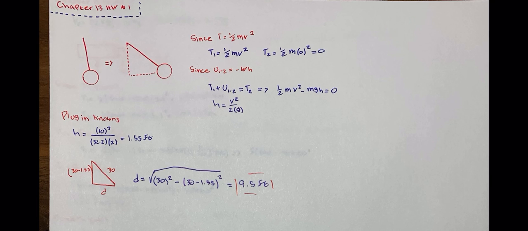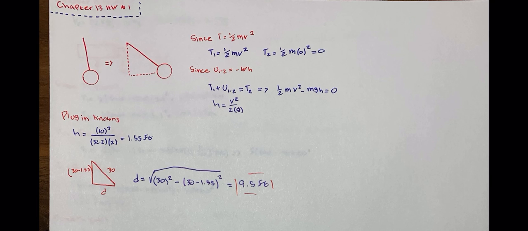To do this, we first need to figure out the kinetic energies, and that's T equals 1/2 mv squared. So T1 is 1/2 mv squared and T2 is 0, because the velocity when it stops is 0. After that, we need to find the work, and the work from position 1 to 2 is negative WH. Knowing that T1 plus the work is equal to T2,